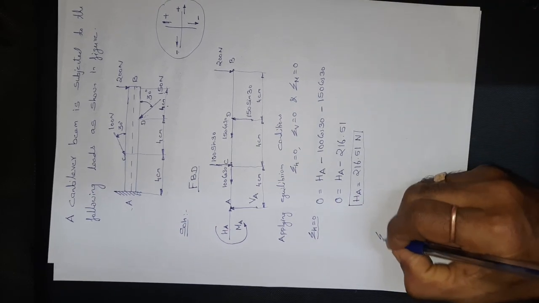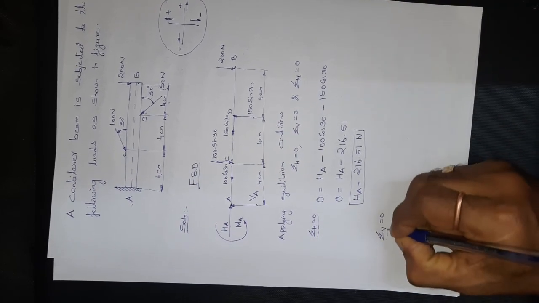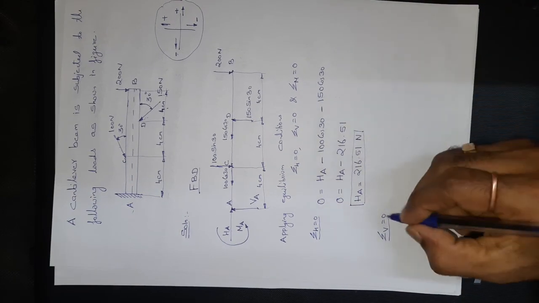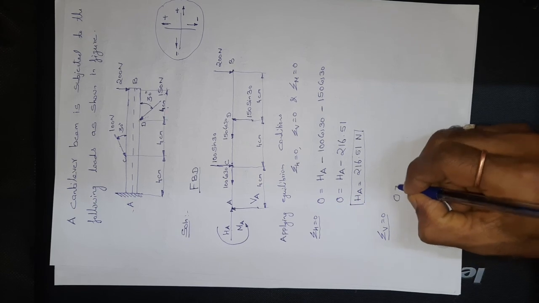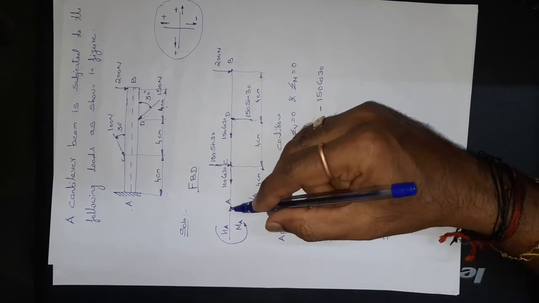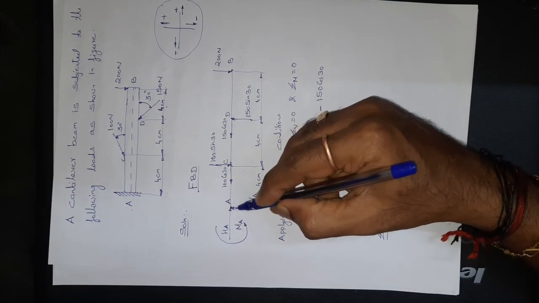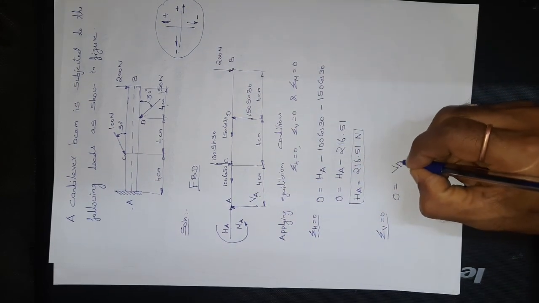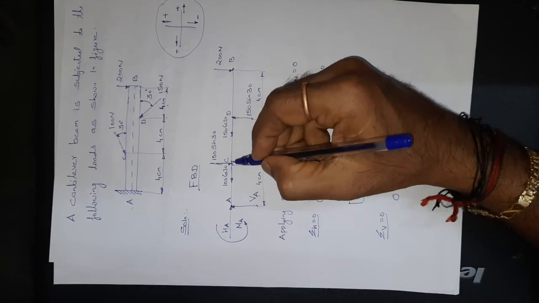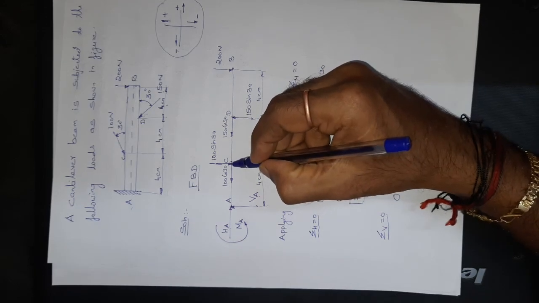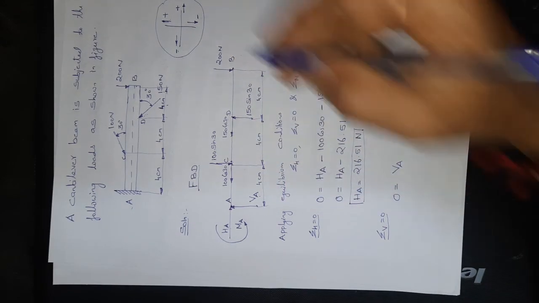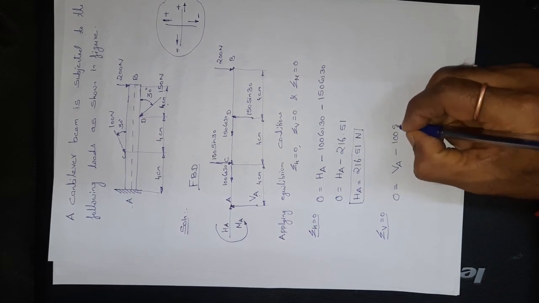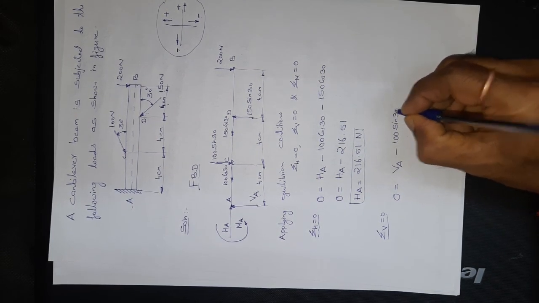Let me resolve all the vertical forces. So summation of vertical forces is equal to 0. So 0 equal to, at point A, a vertical force which is acting vertically upwards, which will carry positive sign. So VA. Let me just move to point C, wherein a force which is acting vertically downwards, which will carry negative sign of magnitude minus 100 sin 30.